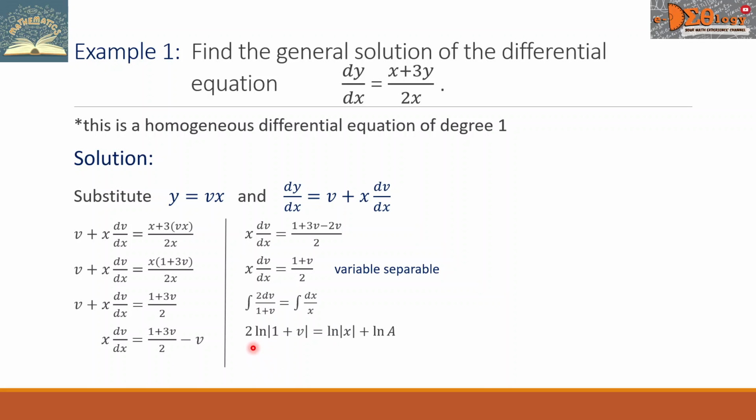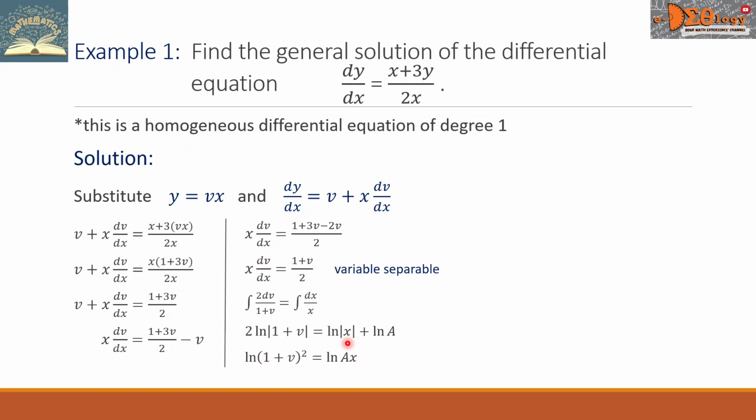The left side is now 2 times the natural log of the quantity 1 plus v equals, and for the right side, this is equal to the natural log of the absolute value of x plus the constant. Since we see here a pattern of natural log, we can write natural log for the constant a. We will now apply the rules of logarithm on both sides. The left side now is natural log of the square of the quantity 1 plus v equals,